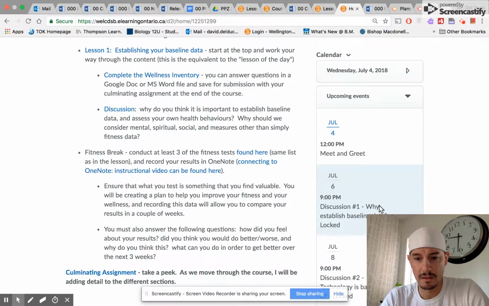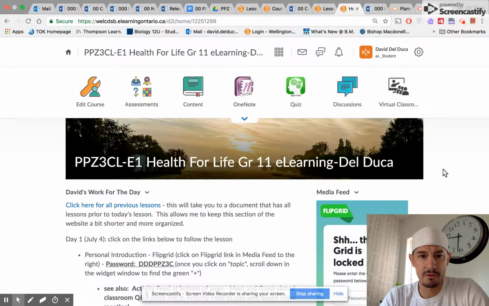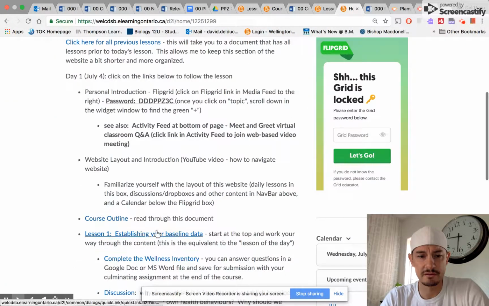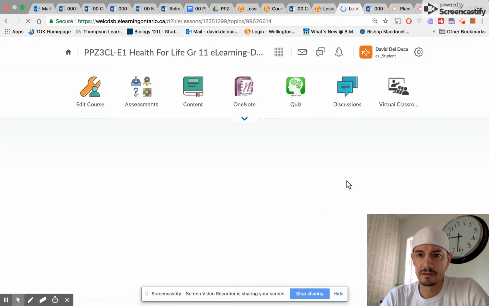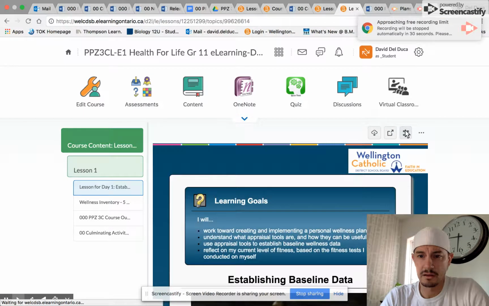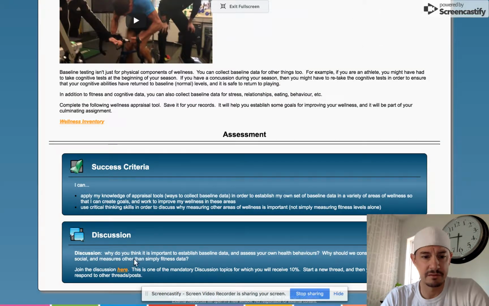When we have assignments, I'm going to post those through the calendar as well. For Dropbox, which I don't have a Dropbox posted up here, those will be linked within the lessons. So through your lesson, when we have assignments that need to be completed, there will be Dropboxes included at the very bottom under assessment. And so here, this link will take you to a discussion. It might say assignment number 1, and then Dropbox is here. And I will create a separate video describing how to appropriately